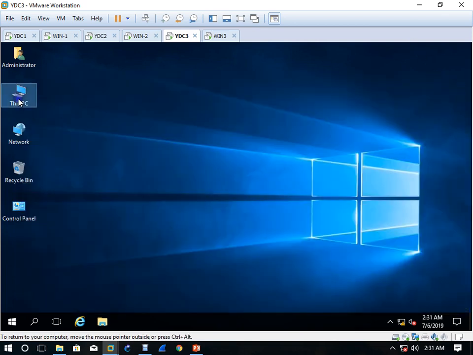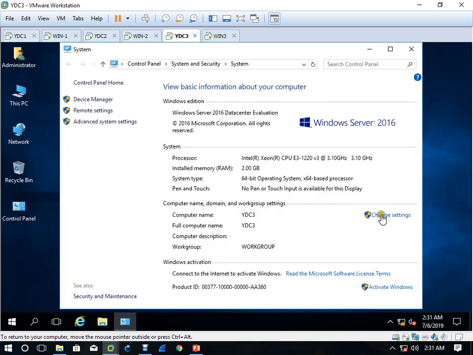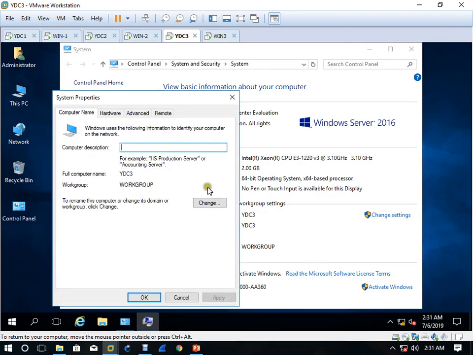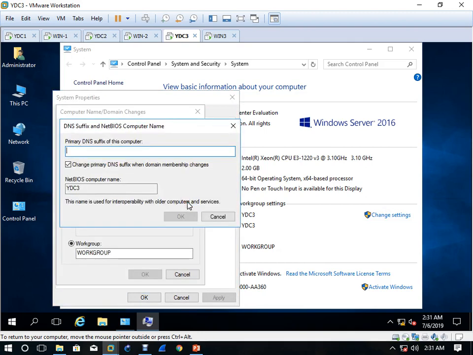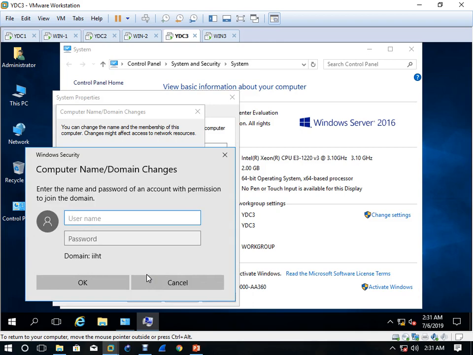Now what we have to do, we have to add this machine to the domain. We'll go to properties, change settings, change more. Here we have to write iiht.com, and here the domain name is IIHT, and then OK. Username is administrator.